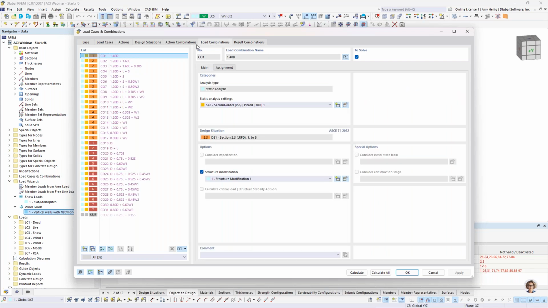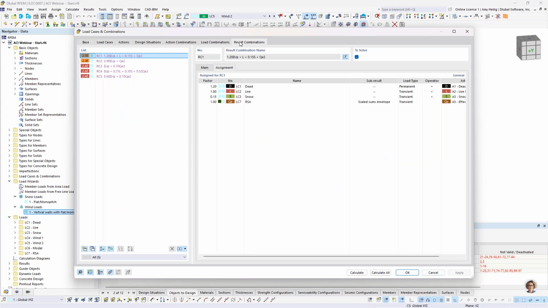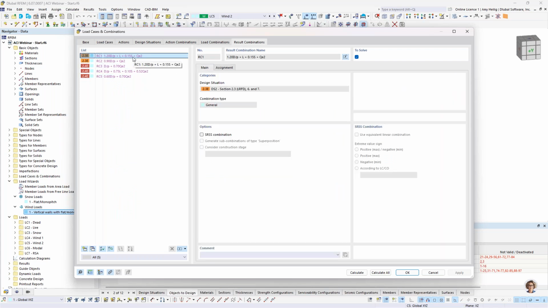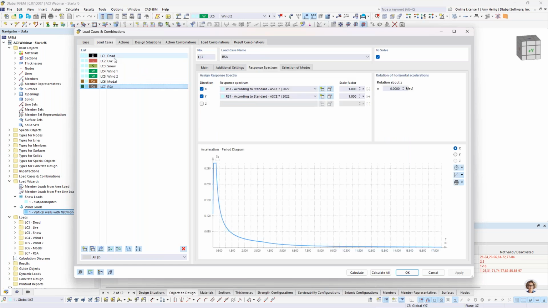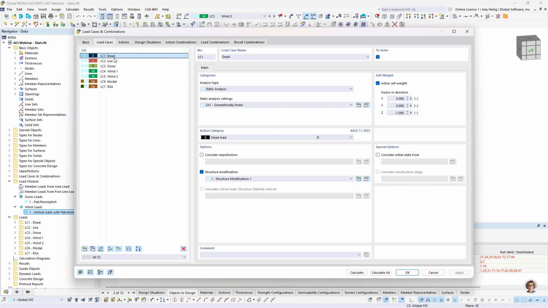This is different than a load combination that is automatically going to be carried out according to a second order analysis considering P-delta effects. Again, this is covered in that response spectrum analysis webinar, but ultimately these result combinations also belong to those design situations. So one more thing I want to touch on is that you'll notice that for the load cases, I